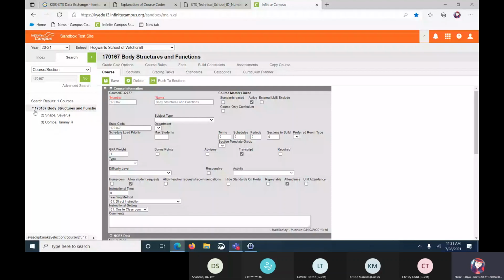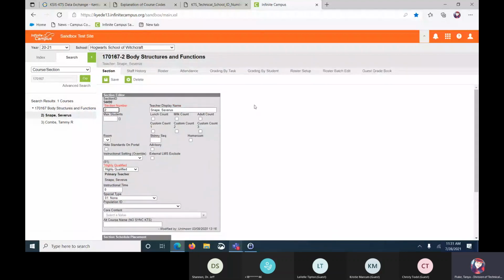I'm not going to go through what all the technical school side does at this point, but I just want to share how the 13-digit course code is actually created. So the technical school pulls in a course from the course master, and then they set up a section, and when they add the section,